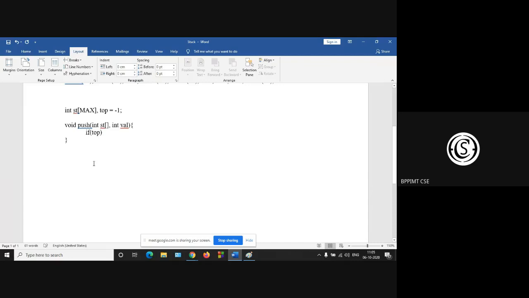If top is equal to max -1, that is, it reaches the last index, then just write overflow. Okay.